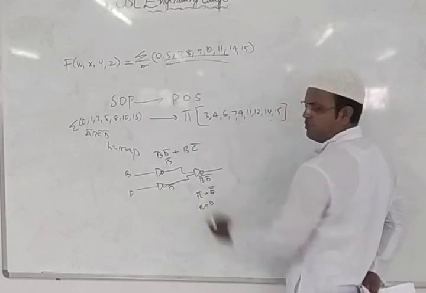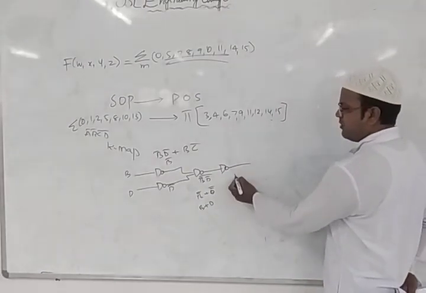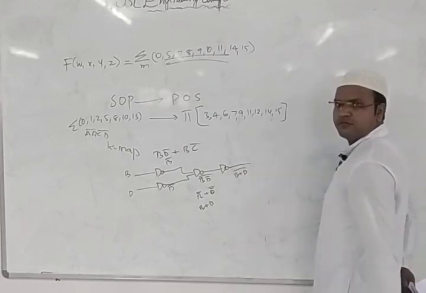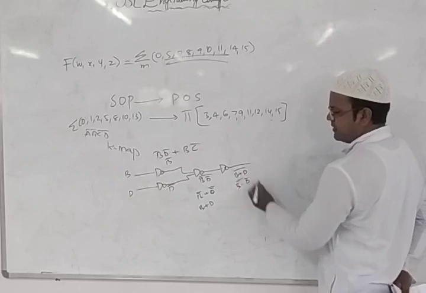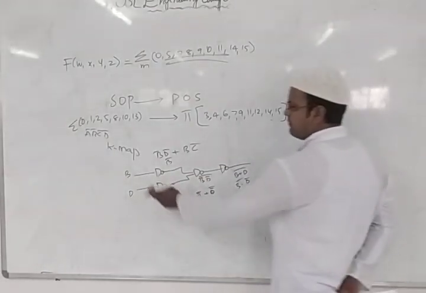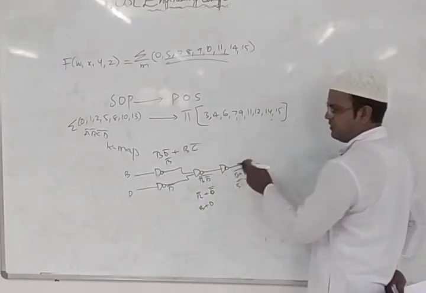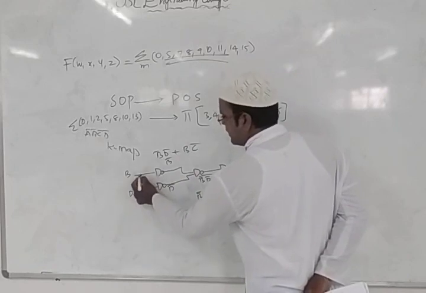Do we want B plus D? No, we want the product. That means we should connect one more NAND gate. If you connect one more NAND gate, you get B plus D whole bar, and by applying De Morgan's law, I can write B bar dot D bar. So we got this. Clear what we did? We have B and D, we passed them through and got this particular form. Similarly for the next term, I can take the connection from this.